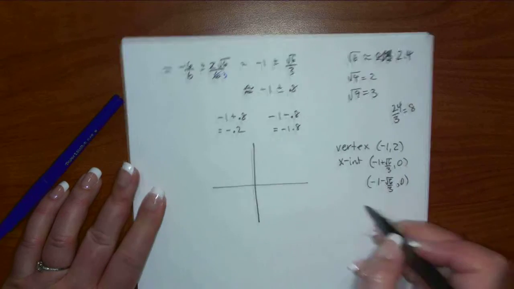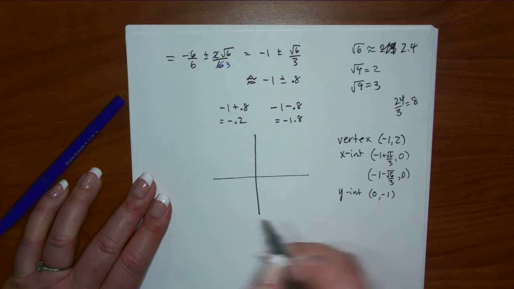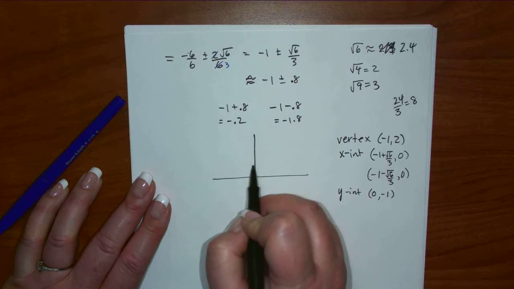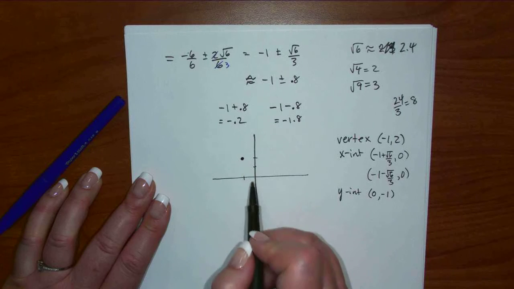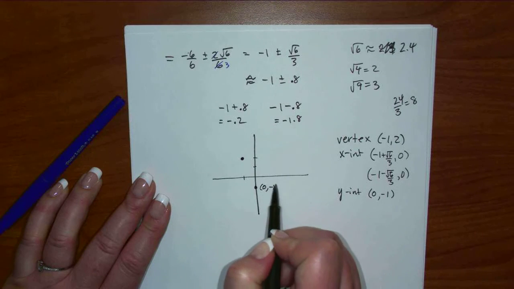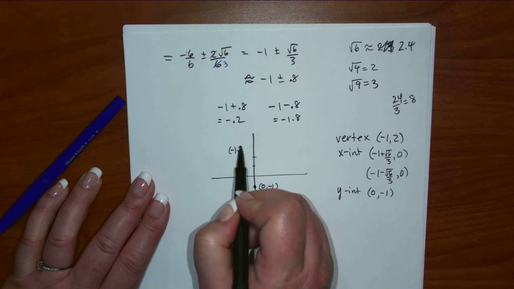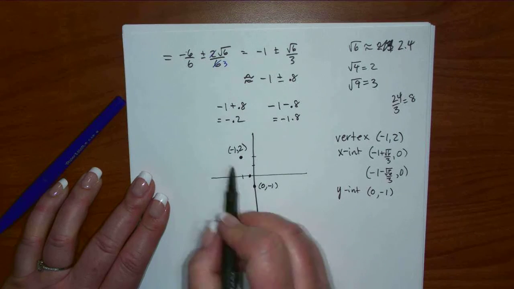And our y-intercept, 0, negative 1. Okay, so 1 we said is negative 0.2, and then